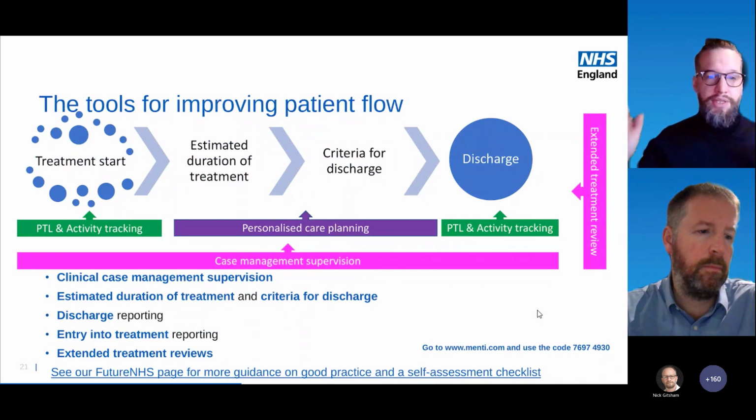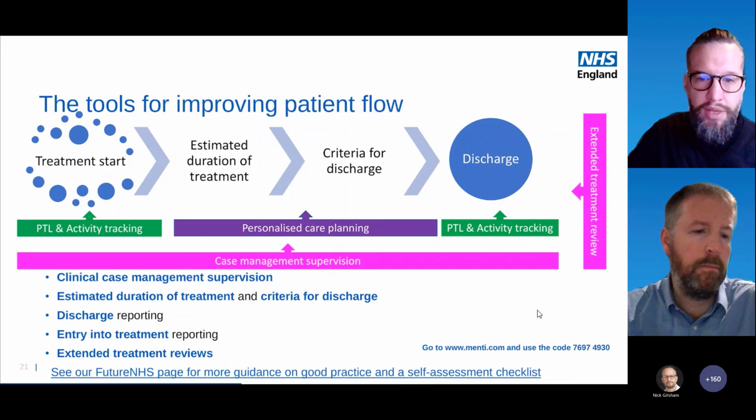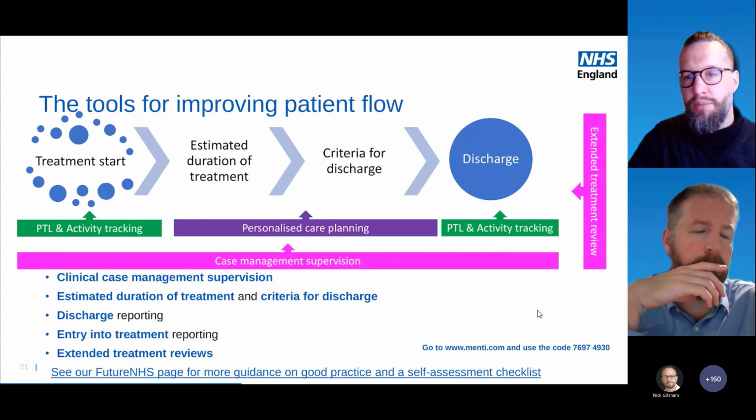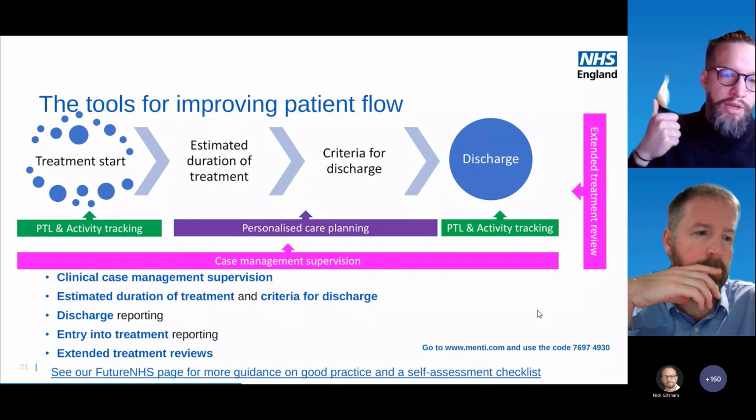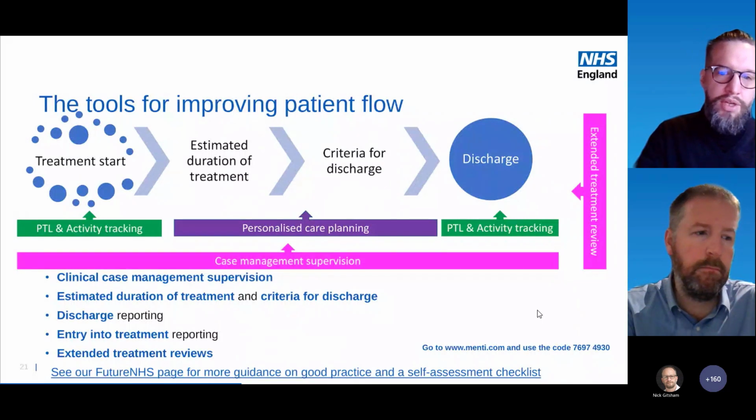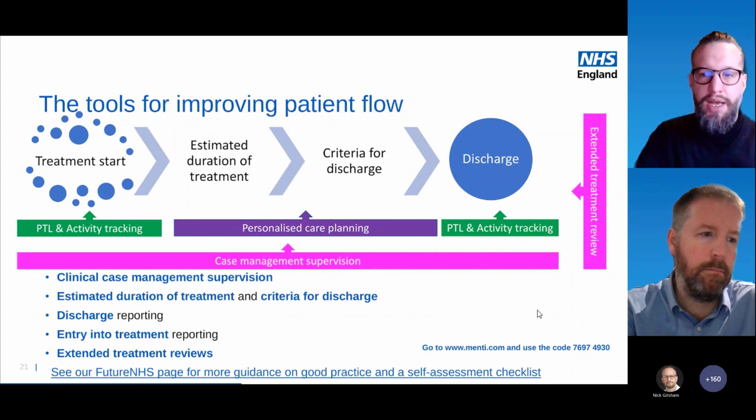Right. So this is the big slide. This describes each of the approaches contained within the resources that we've made available via Future NHS. So I'm going to try and give you a high-level overview of all of them. First of all is ensuring that the progress of each patient is reviewed and reported on between each treatment session using structured clinical case management supervision. And from that, you are coding, aggregating, and reporting on the reasons for delays to progress through pathways. So without that sort of oversight, it's difficult to understand what each patient is getting, how they're progressing through the pathway at each point, and whether what we're doing is helpful and what the variation is between all of those things. So that's point one.